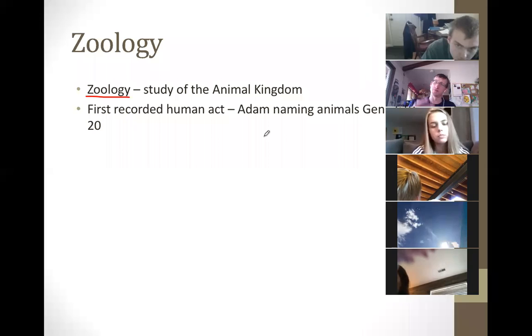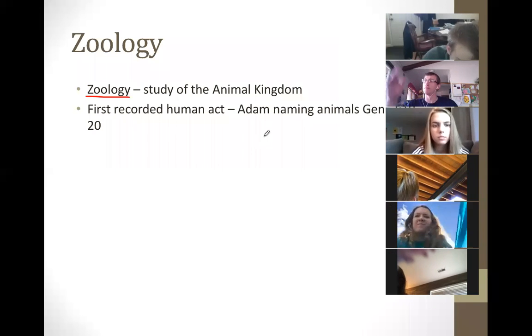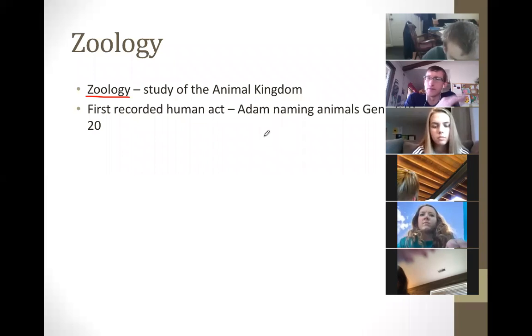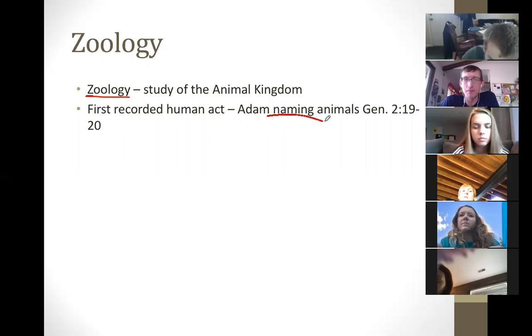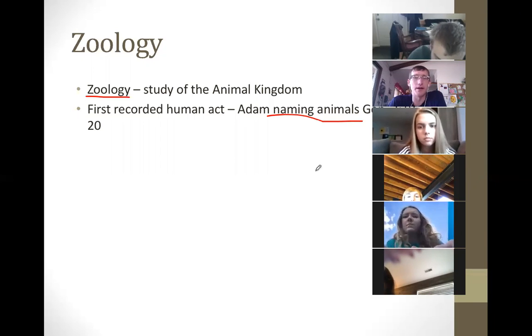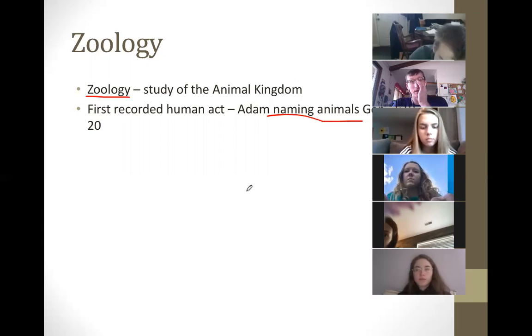So the study of the animal kingdom, zoology, that's everything from really teeny tiny, almost microscopic flatworms that you can hardly see up to elephants and blue whales. If it's an animal, it's in zoology. If you think about it from a biblical point of view, this was probably the first job that Adam had, was him naming the animals in Genesis chapter 2. If you think about it, that's taxonomy. That's zoology, right? I guess he skipped the flowers and the plants and just went straight to the fun stuff, and did the animals first. So that's taxonomy and studying animals, understanding about how animals live and feed and reproduce.